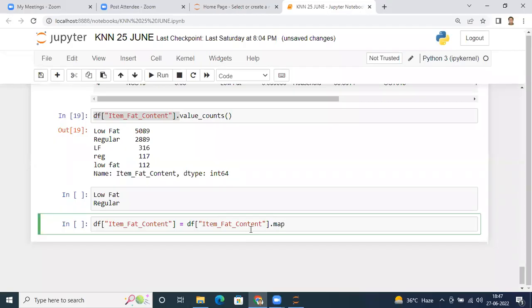Dot map, very much similar to the method we studied in the list. Remember when we want to apply some function on every element of the list, same way we are using the map method here. In the map I will pass a dictionary for mapping purposes. And what I will mention, remember, wherever there is lf, instead of lf I want low fat. Then wherever there is small low fat, this is the key, I want